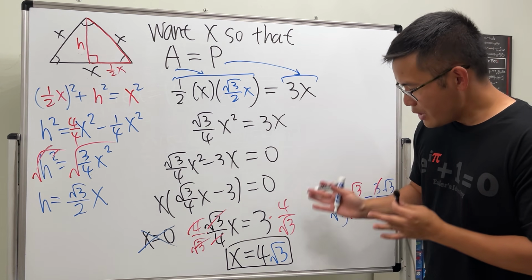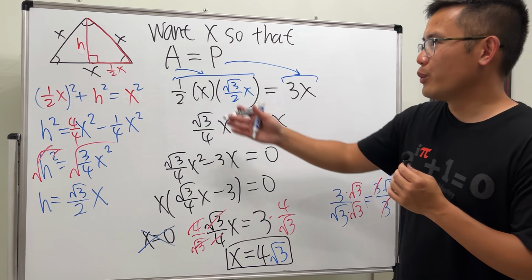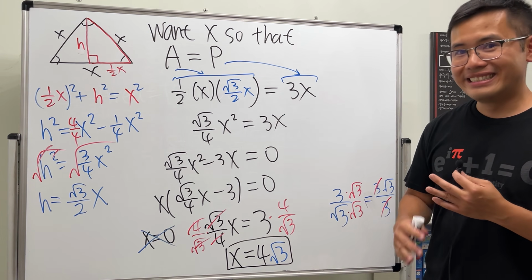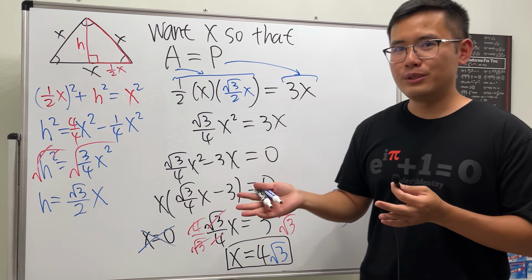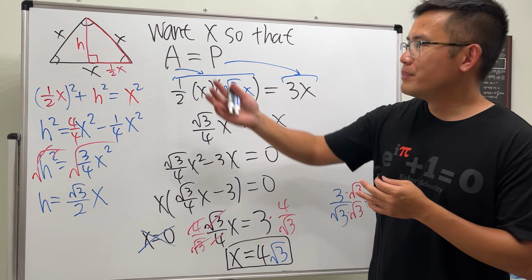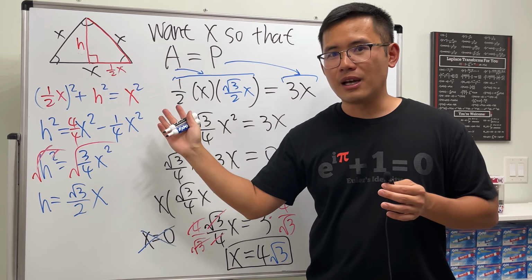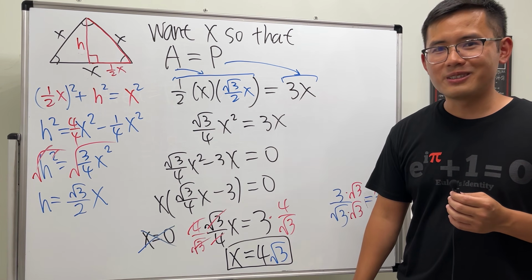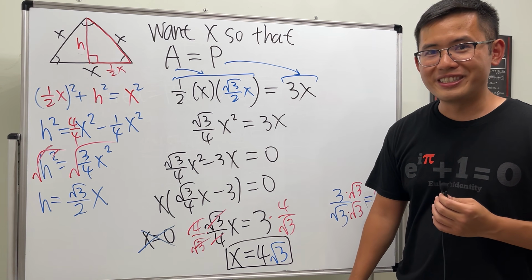And this right here will be the x value. Okay, so here we have it. If we have an equilateral triangle with all the sides being 4 square root of 3, guess what? You can now ask your students or your friends, please compute the area and also please compute the perimeter. They should freak out. Wow, the answers are the same numerically without the units. But yeah,